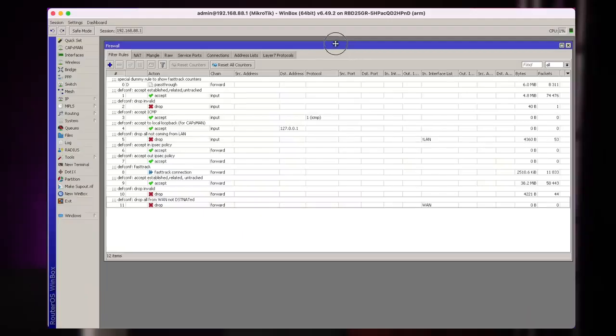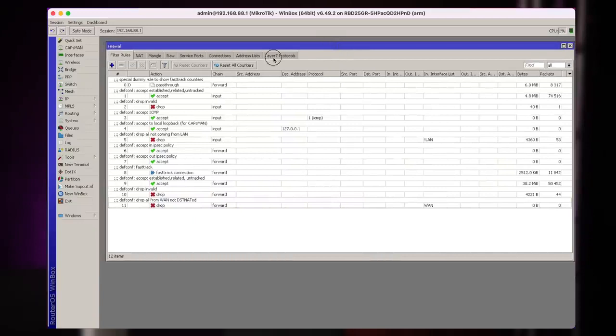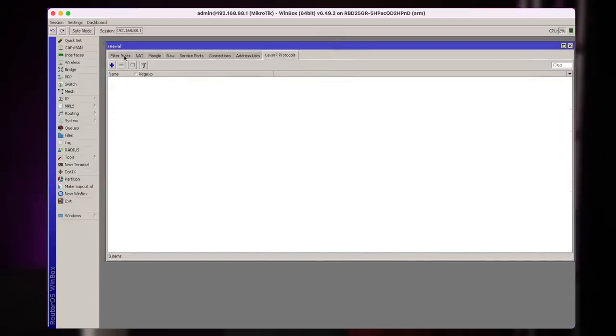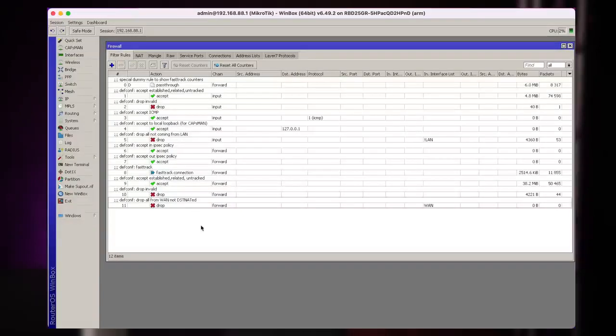All right. A lot of people want to block web pages. How to block web pages? Some of you, in the comments I have seen, are using layer 7 protocols. Now, this is not for blocking web pages. It is very resource intensive, and it's actually analyzing the content of packets.